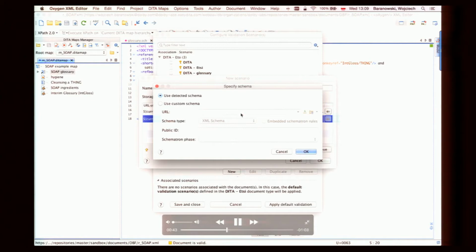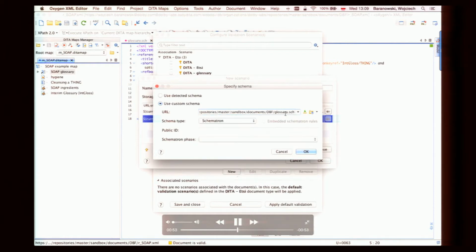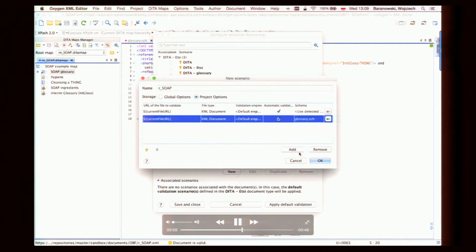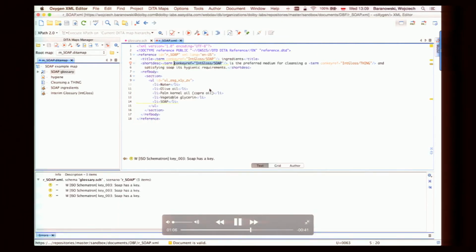And the cool thing about Schematron is that it can validate automatically. So it can validate your document during your writing process. So you don't have to necessarily do it this way. If you set this up once, if it will be a global rule, then the warnings will appear whenever you start writing any new topic. Now, we apply the topic, and if you can pause here. Yeah, we see that